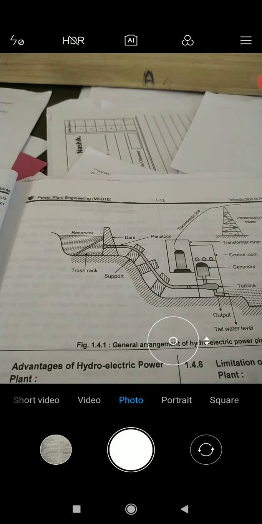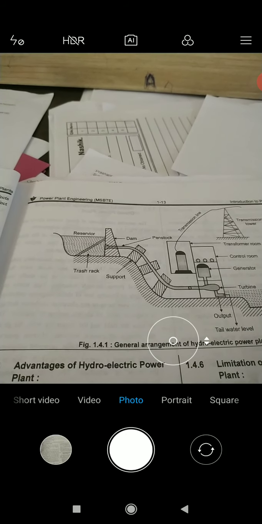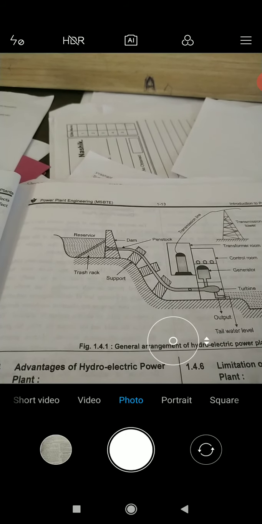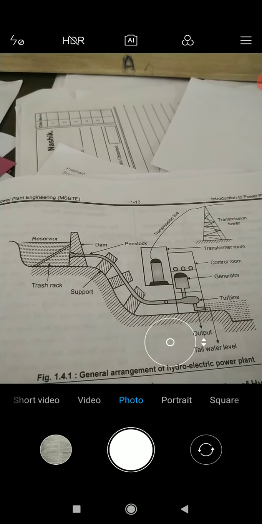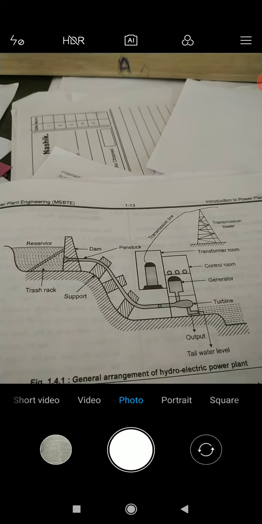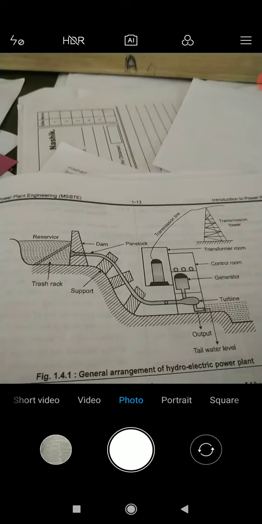A surge tank is provided on the penstock as a small reservoir in which the water level rises or falls to reduce the pressure swing so that it is not transmitted to the penstock. It acts as a safety device against water hammer effects during low demand periods and avoids vacuum effects during high demand periods. Now we will see the trash rack. The water discharged or supplied to the prime mover from the dam or from the forebay is provided with the trash rack.